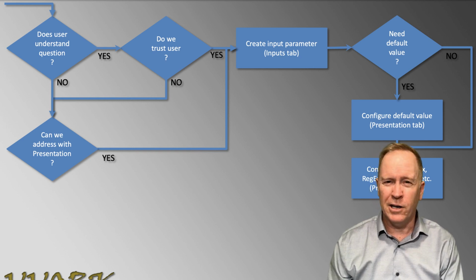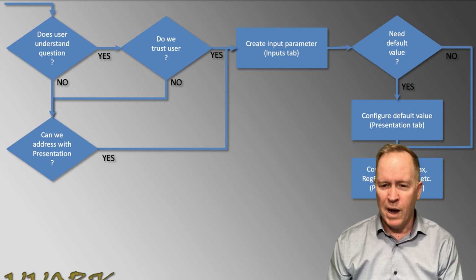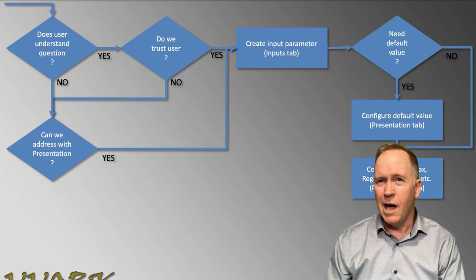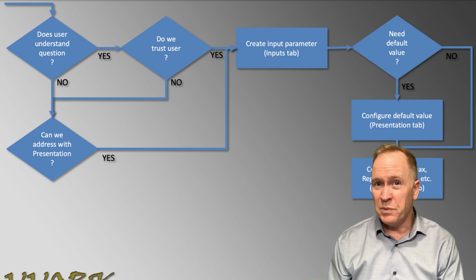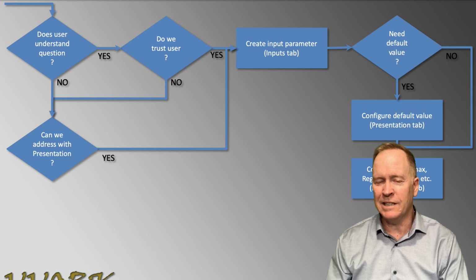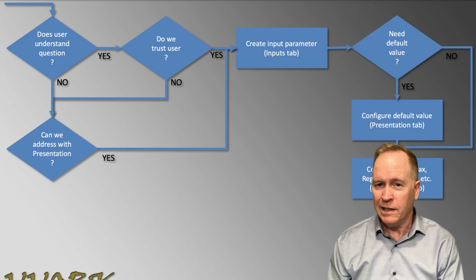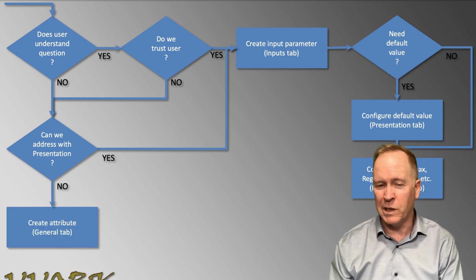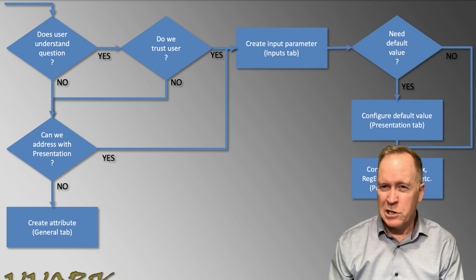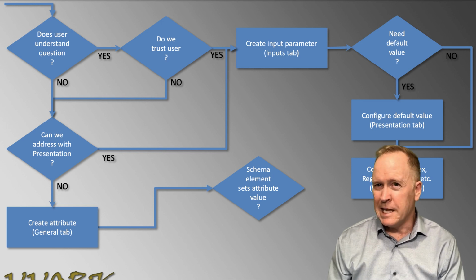On the other hand, there are going to be some times where the input parameter presentation may not allow us to deal with the users who don't understand what's going on, or the users who are trying to be malicious. So if for whatever reason presentation's not going to help me, or, which is pretty rare, more commonly, if it's instead a situation where the developer of the Orchestrator workflow wants to have control, that's when I create an attribute. Again, we create attributes by going to the General tab. So if I create an attribute by going to the General tab, what I'm going to ask myself then is,